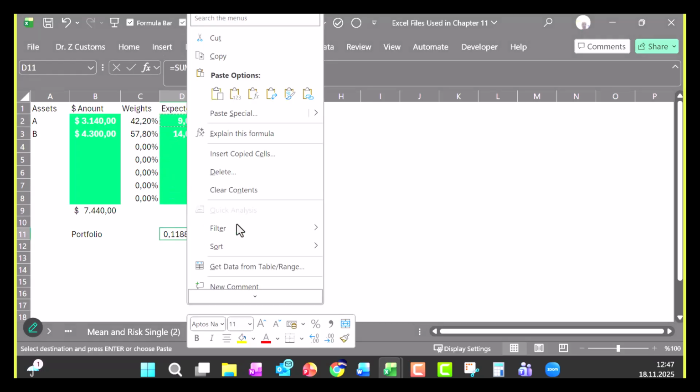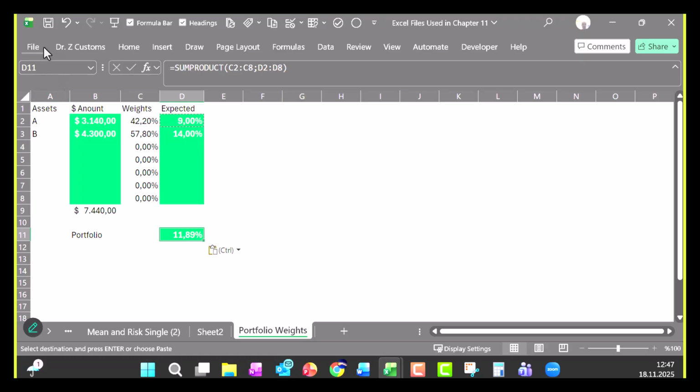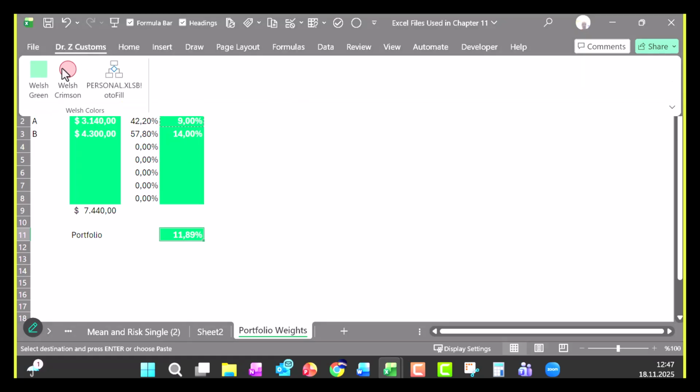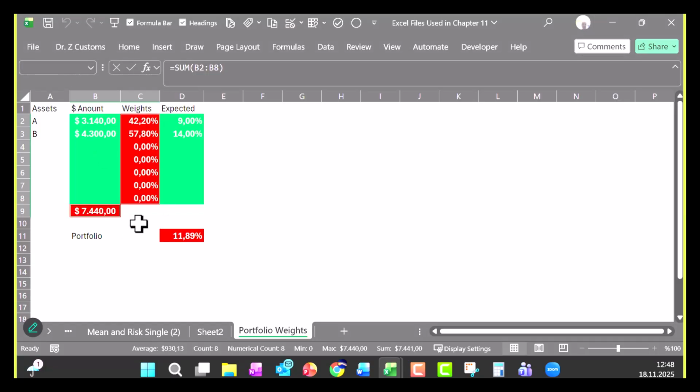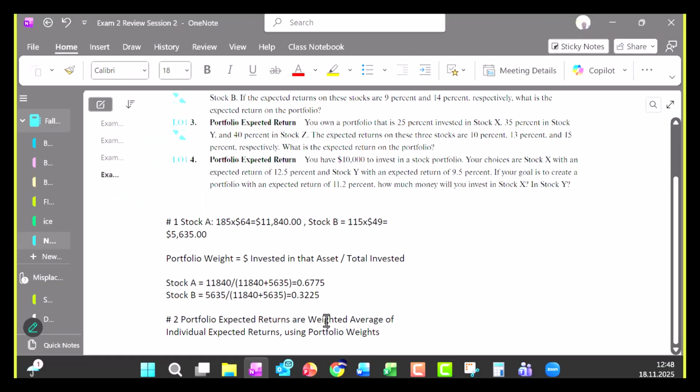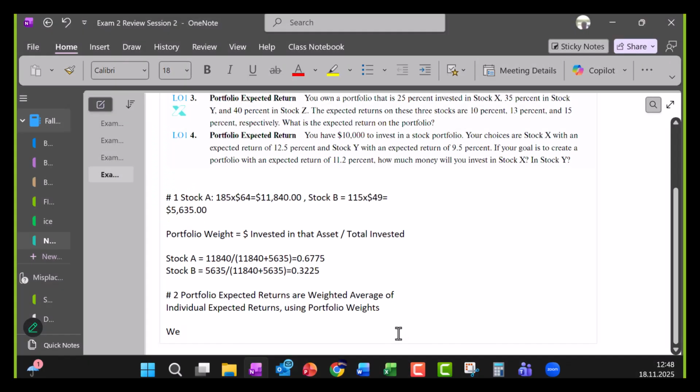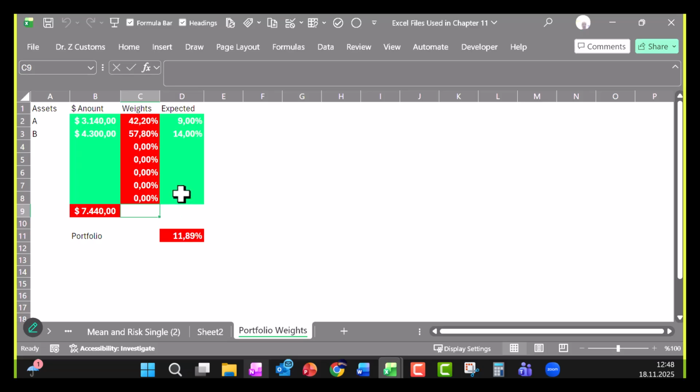Copy. These are also calculated. So I'm going to provide this to you guys as an aid in doing the exam. And let's do it manually. Rate of A is equal to